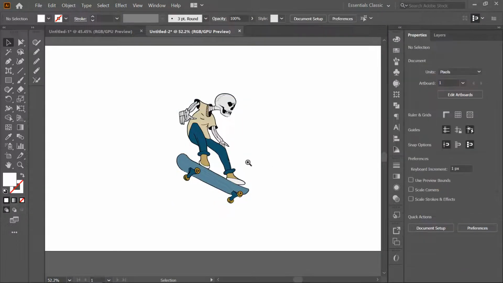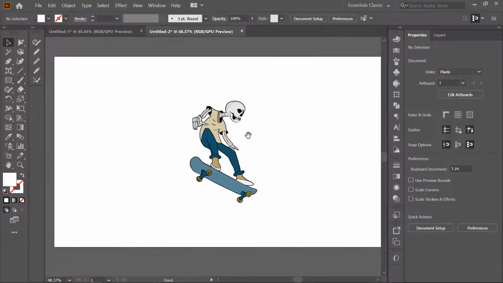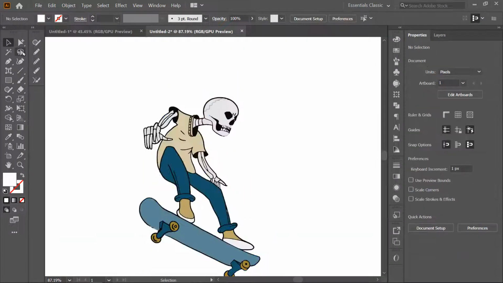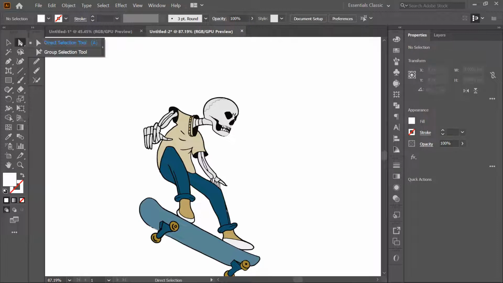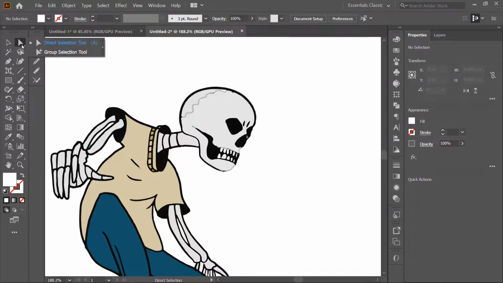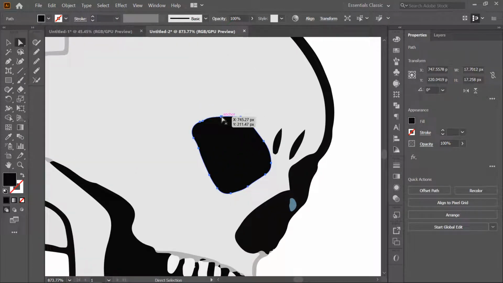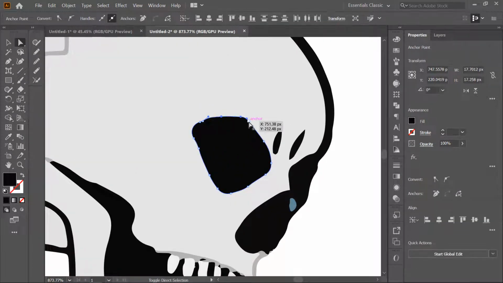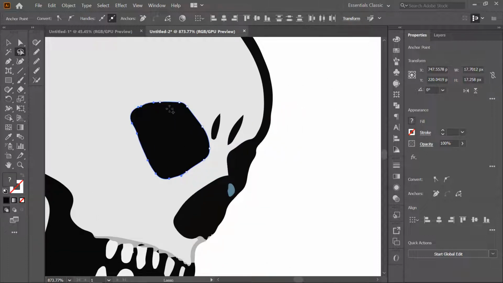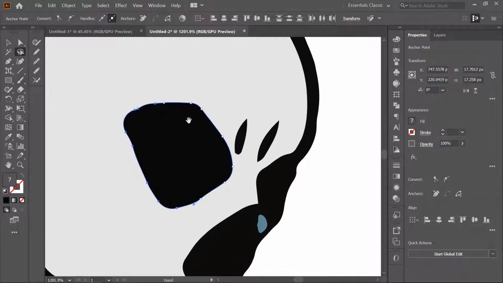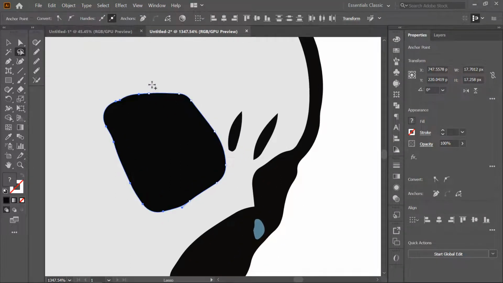Now the next tip is of Lasso Tool. So we all know that we can select the multiple anchor points with the direct selection tool or group selection tool by just clicking and shift clicking one by one the other anchor points. But with the Lasso Tool, as you can see here, you can select multiple anchor points with just dragging the mouse around your anchor points, and just like in Photoshop, you can hold shift and